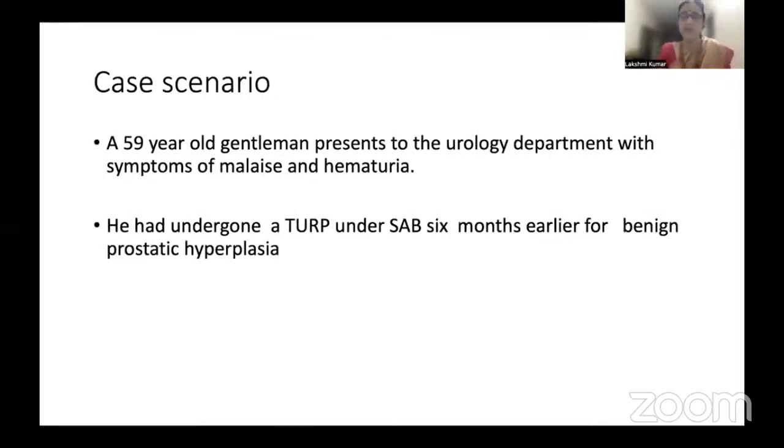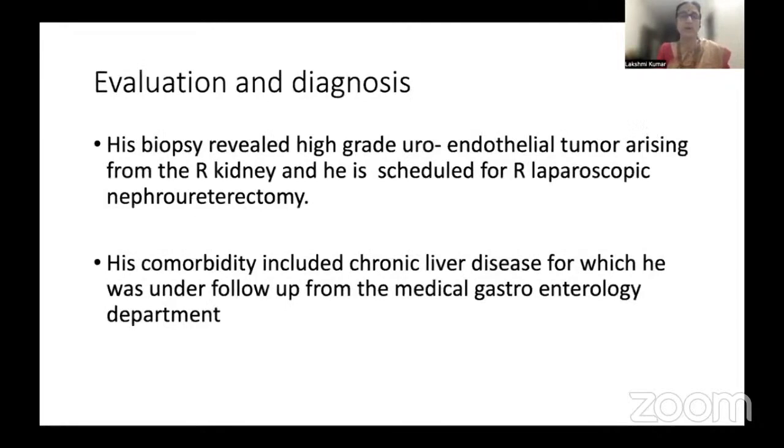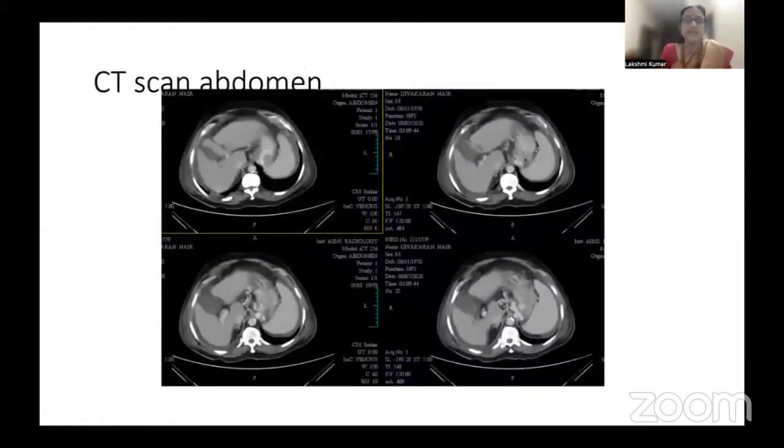We had a 59-year-old gentleman who came with malaise and hematuria. He had had a TURP about 6 months earlier, which was actually done under subarachnoid block. But at this point, he showed a high-grade urothelial tumor from the right kidney and was scheduled for a laparoscopic nephroureterectomy. He had a background of chronic liver disease,